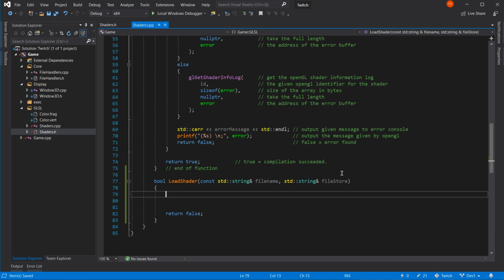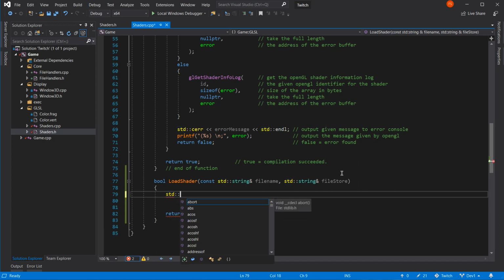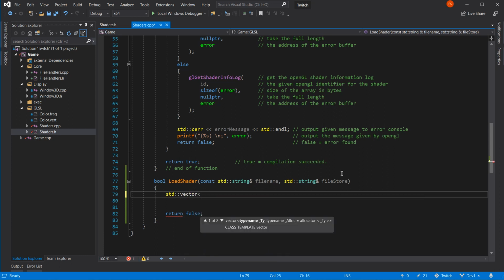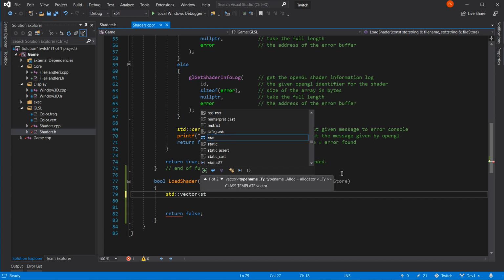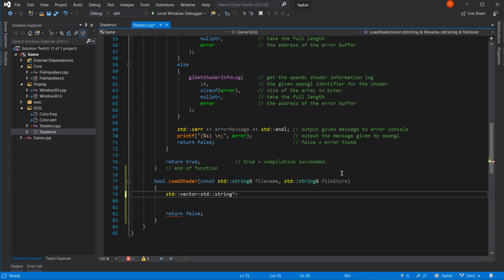Okay. So we know that we're going to need a vector. So let's put that in first. Standard vector. We've just written it, so we know that we need it, and it was a standard string vector. What are we going to call it? The file? Yeah, that'll do.